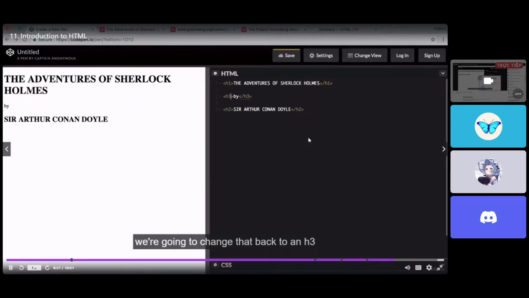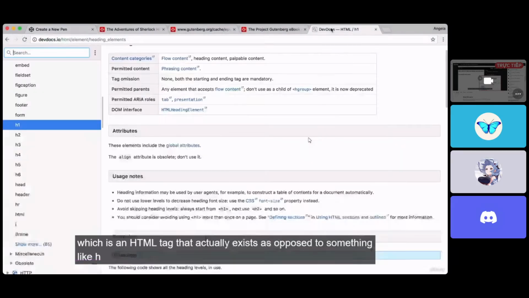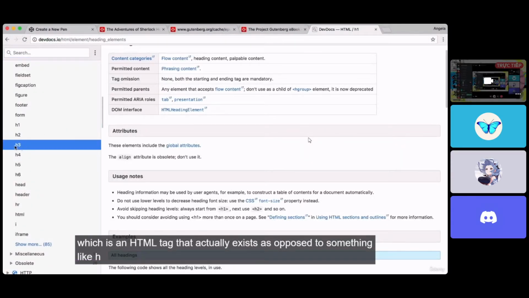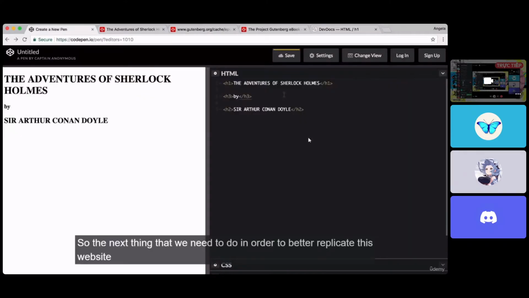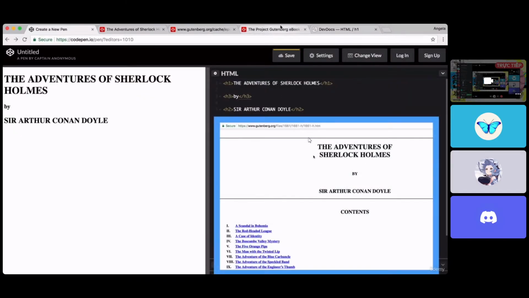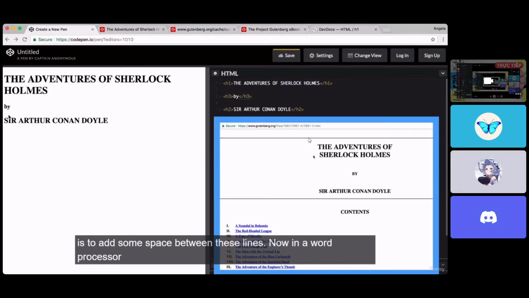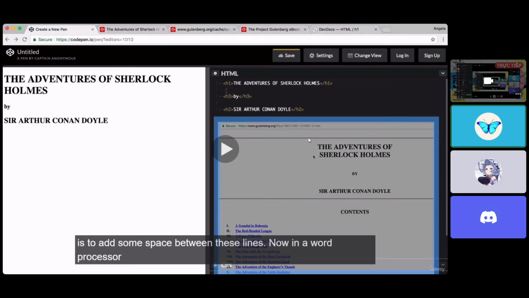Change that back to an H3, which is an HTML tag that actually exists, as opposed to something like H9. So the next thing that we need to do in order to better replicate this website is to add some space between these lines. Now in a word processor